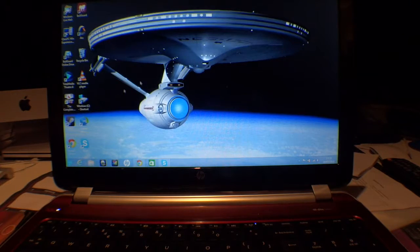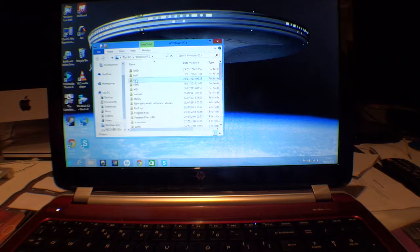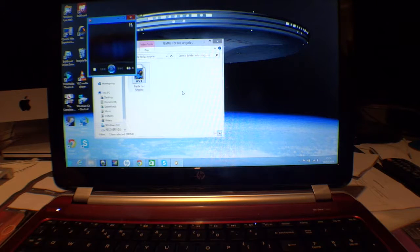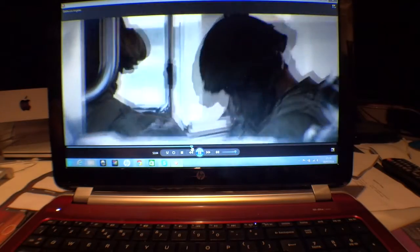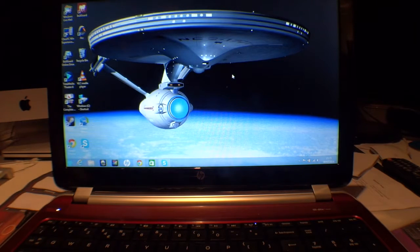As for accessing video, it's not too bad when I come to put a film on. In terms of the speaker volume, it's pretty good and decent. The machine itself is a budget machine,